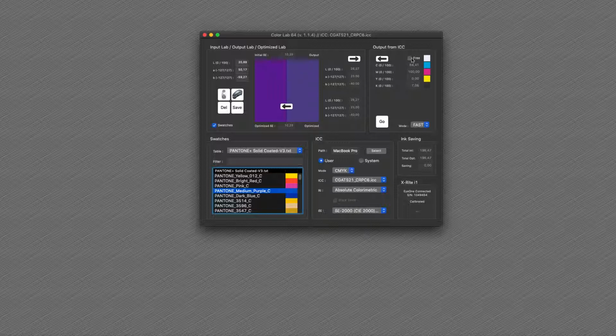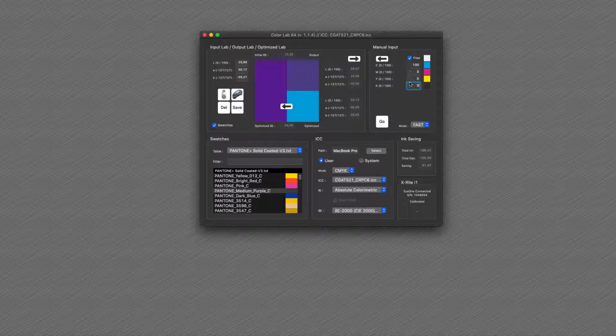Okay, you can play with these numbers, so you can type your number, and if you believe that instead of 7 of black, if you put in 5 of black, you will get a better number, you can type it, and then here you will get the LAB that you will get, and this is the LAB that you are going to get if you send this number. So if you, for example, send